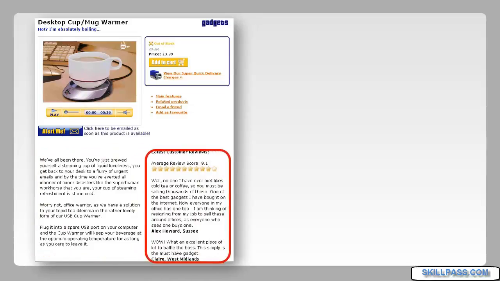But then they rely on customer reviews that also use keywords because it's now the customers that have bought the product talking about how great it is, and they are all calling it what it is. In fact, what I noticed is there are more people calling it a gadget in the customer reviews than the actual word gadget is used on the page. And so in this place, the customers are helping optimize the page by calling it what it is.